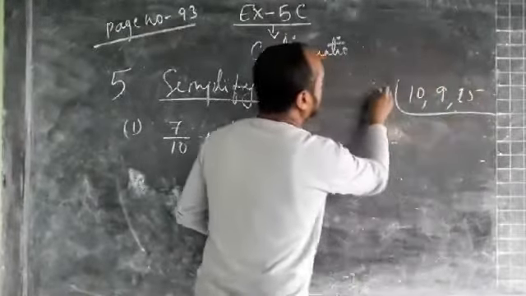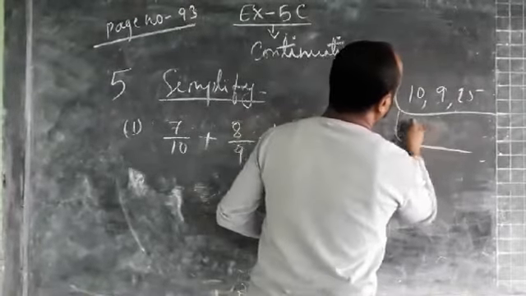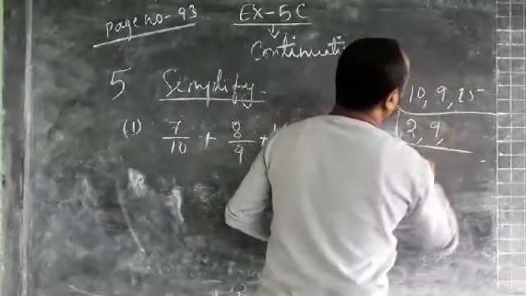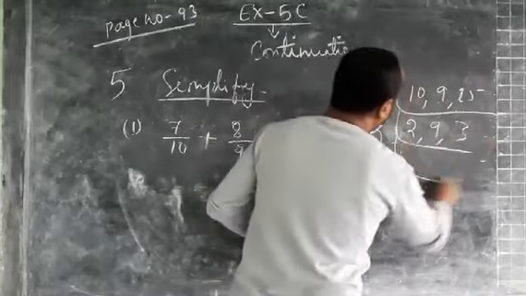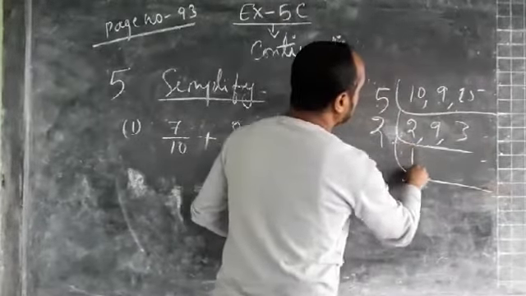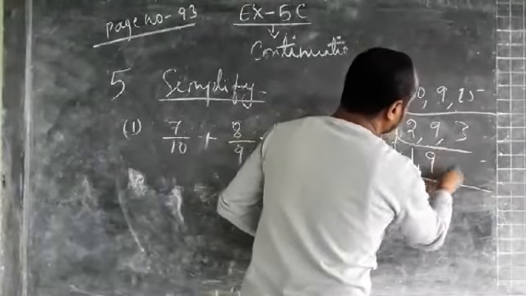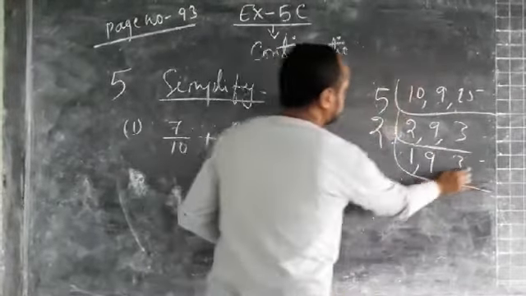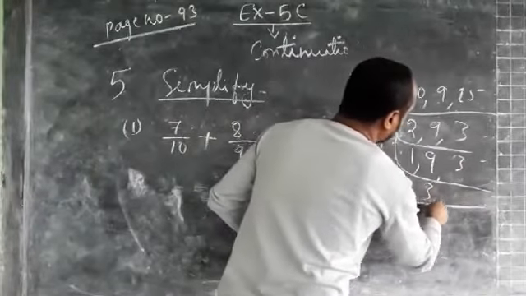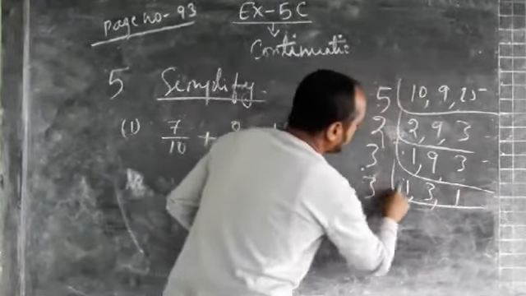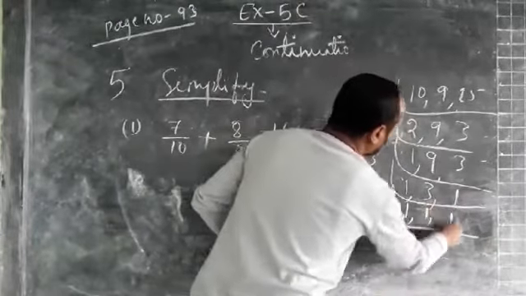So here it will go by 5. 5 2s are 10. 9 will remain as it is. 5 3s are 15. Now again do it by 2. So 2 1s are 2. It will remain as it is. Now next it will go by 3. 3 3s are 9. 3 1s are 3. Again by 3 it will go 1 1 1. So